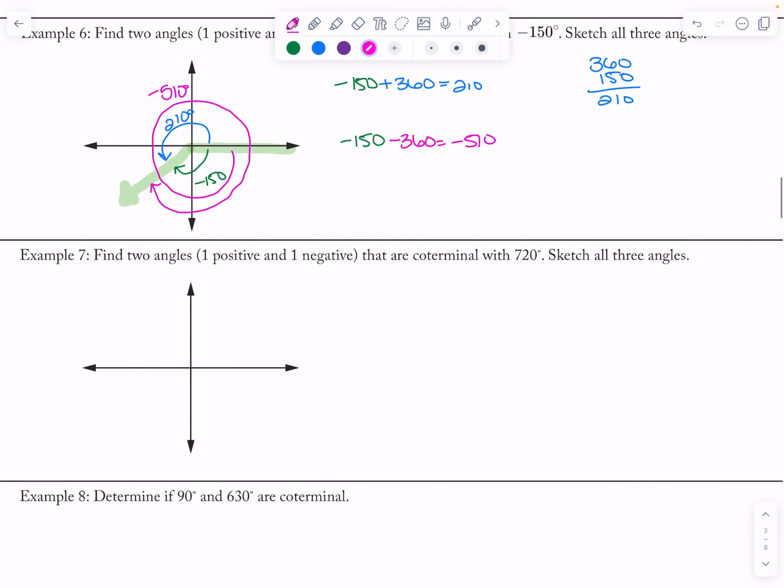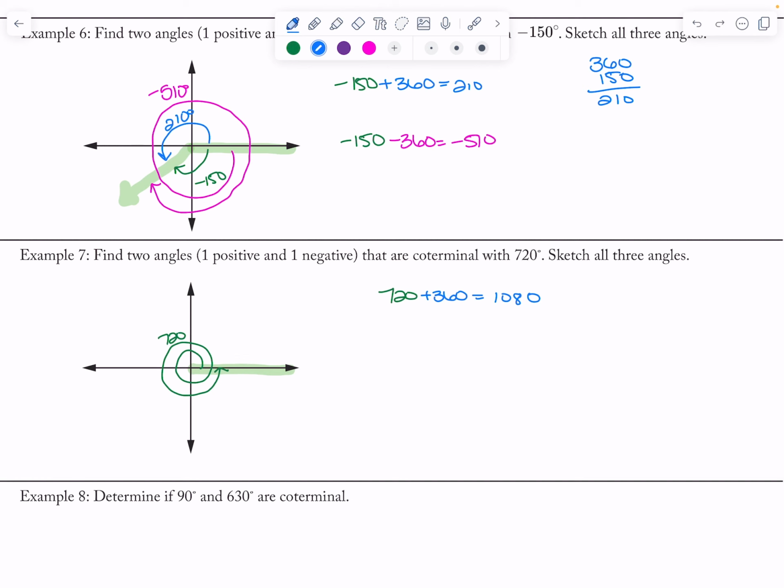Okay, so again, 720 is going to be slightly strange because I'm going to actually go, that's 360, and that's 720. So I went all the way around twice, essentially, to get to 720. Now, when I do 720 and I add 360, I'm going to get 1080. So essentially, I'll go counterclockwise once, twice,